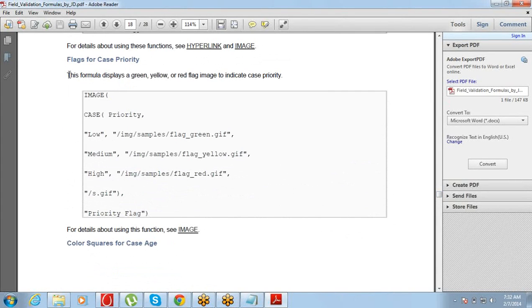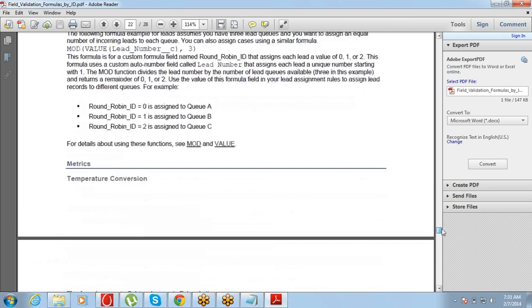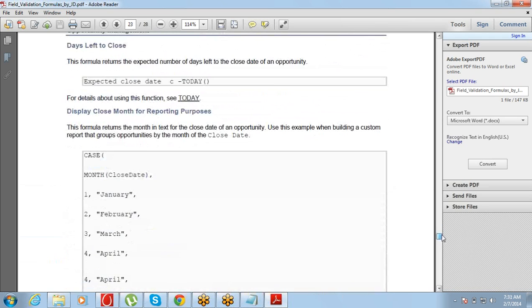Flag the priority of the case. The formula displays a green, yellow or red flag image to indicate case priority. The formula returns the expected number of days left to close the date of an opportunity.